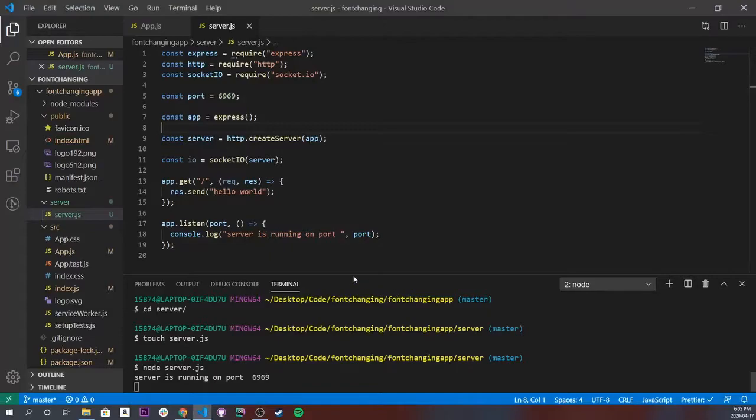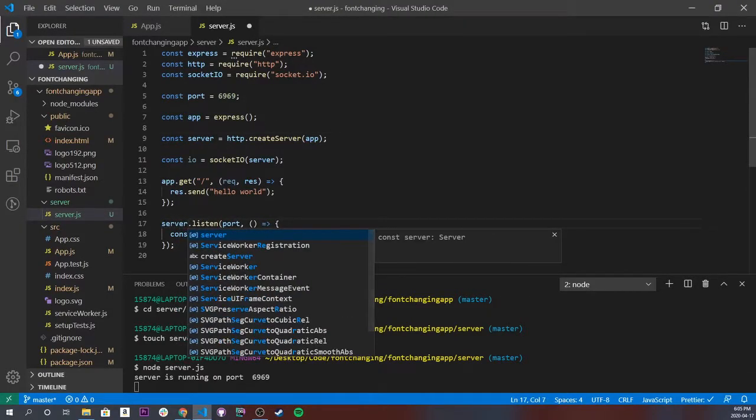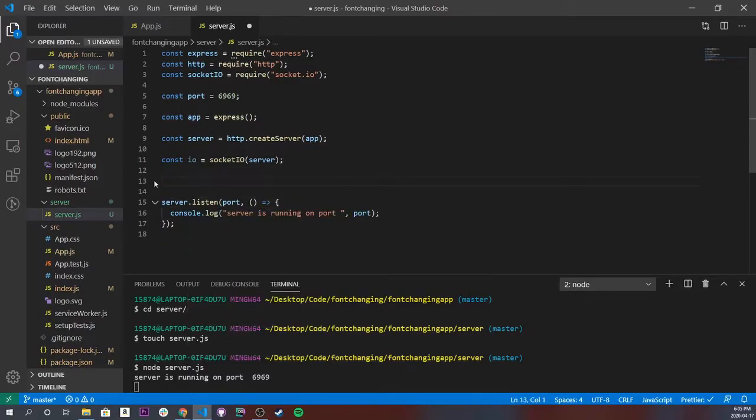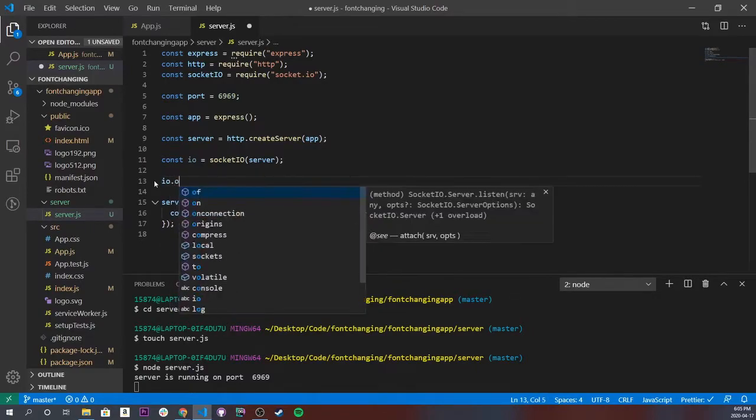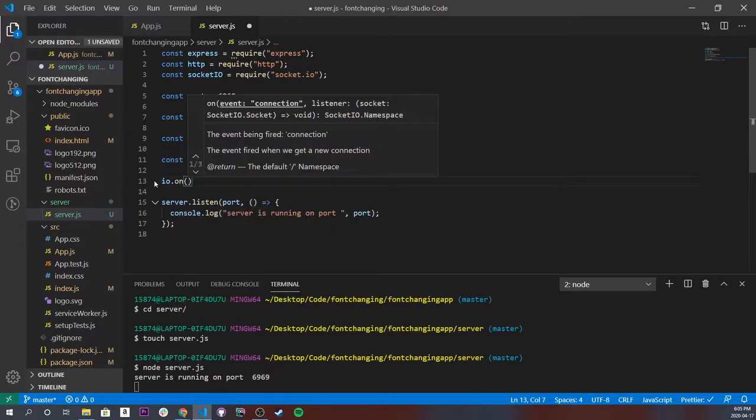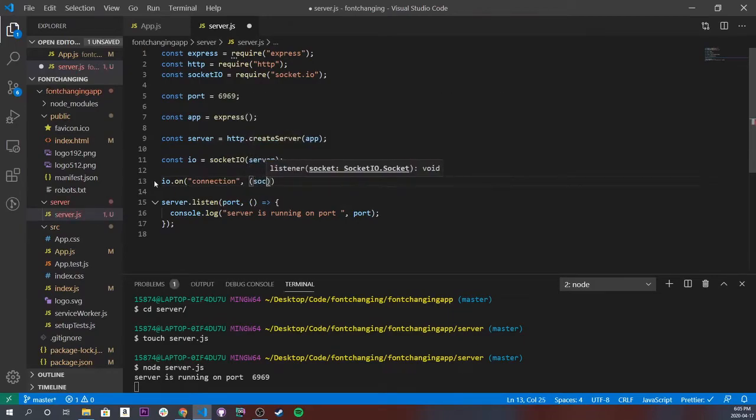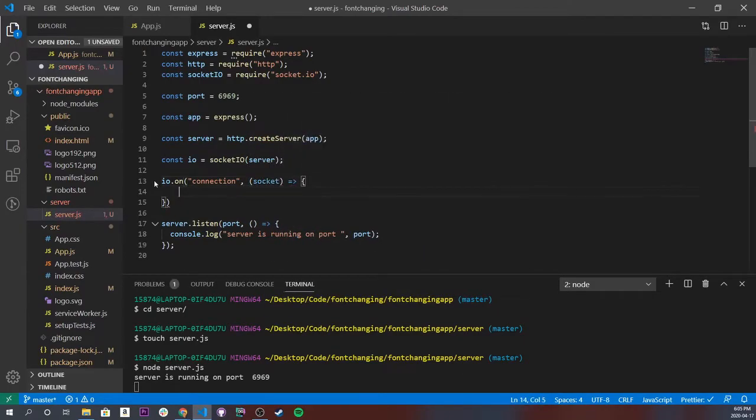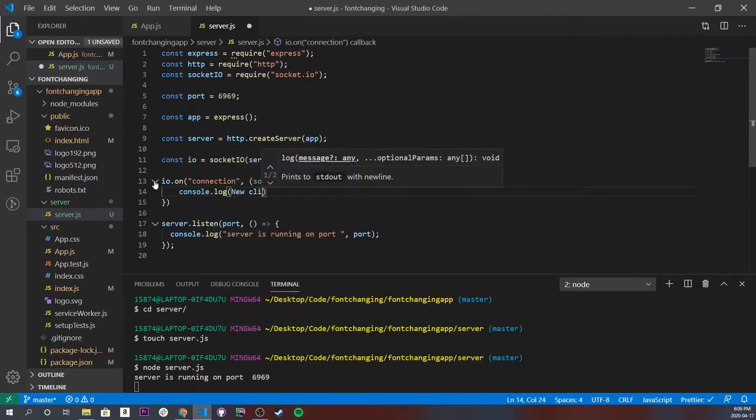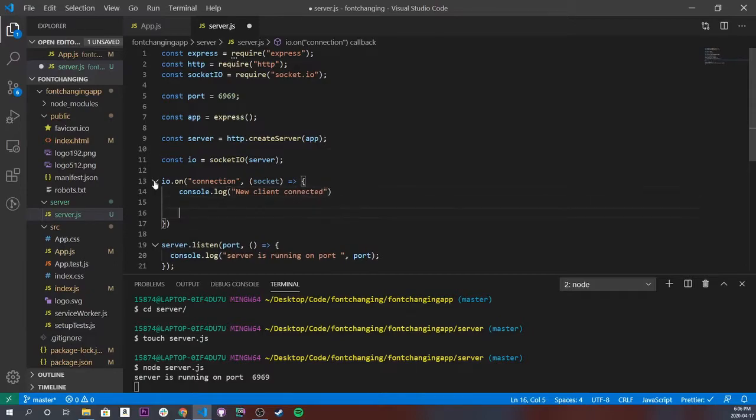Alright, so let's go back into our application, and let's replace this app.listen with server.listen, and let's get rid of this app.get. And the first thing I'm going to do is io.on to create our connection. We're just going to do connection, and I'll give it a variable of socket. And inside of here, let's do console.log new client. Oh, I should do that in quotes. Whoops. New client connected,